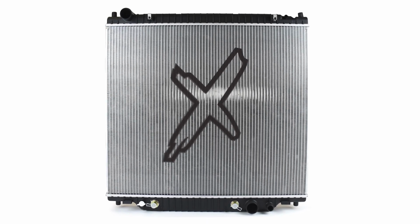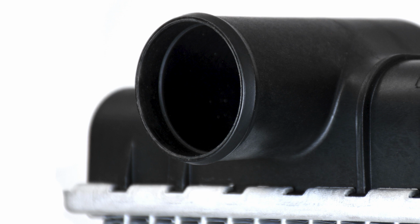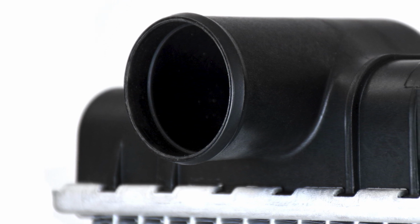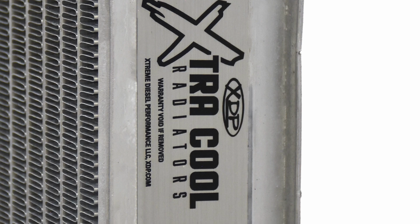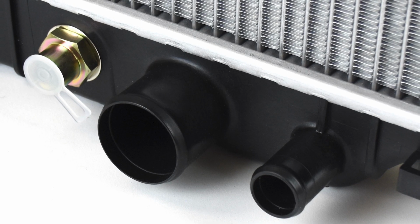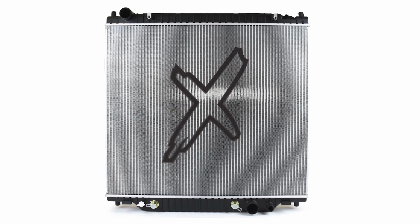damage from road debris. The XDP Xtra Cooled Direct Fit Replacement Radiator is the high-quality, durable replacement you need when replacing your radiator. Each XDP Xtra Cool radiator features a high-efficiency core to maximize engine cooling. In addition, extra steps are taken during manufacturing to ensure additional strength and durability to protect your engine and cooling